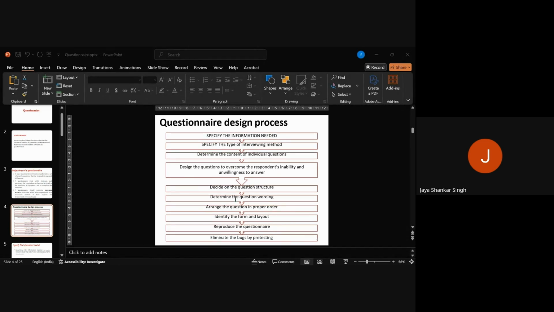Suppose you are trying to know the income level of a particular respondent. You can do that using two types of questions. One, because income is sensitive to a lot of people, you can give a range: 0 to 50,000, 50,000 to 1 lakh, 1 lakh and above. Or you can use an incorrect way of asking the same question: how much money do you earn every month?